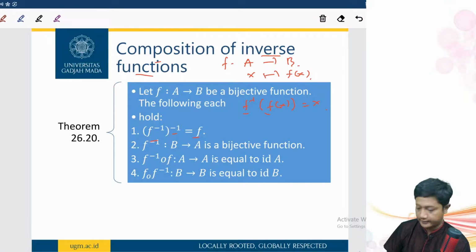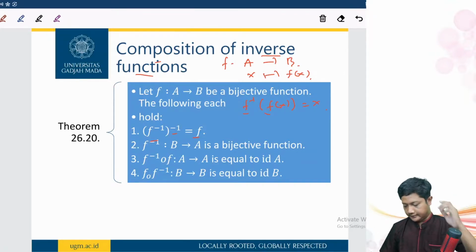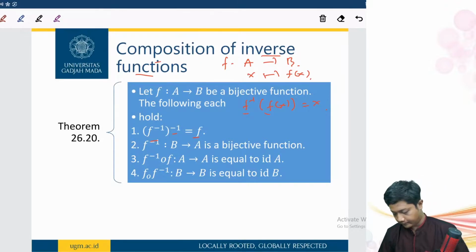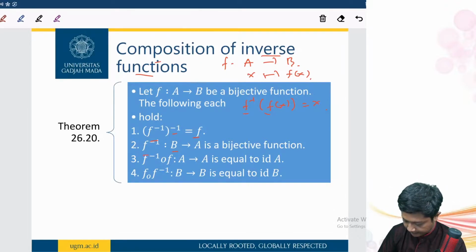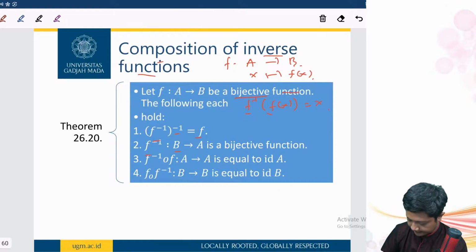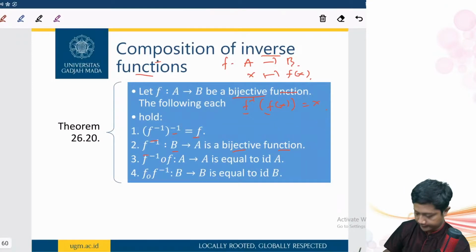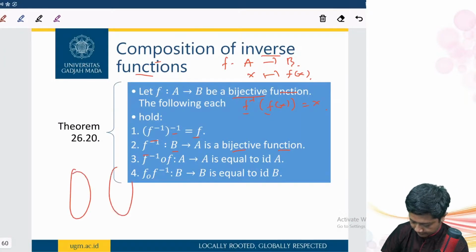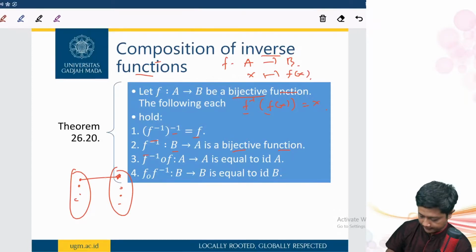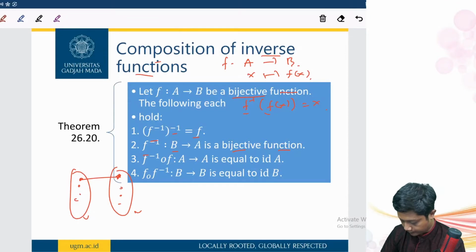So again, go back to the definition of the equality of two functions. Okay, and then the inverse, if it is a bijection, it's clear the inverse is a bijection also, because of the one-to-one correspondence. If you draw a diagram, it should be more clear, because you have one here and you have a unique one, then you go back, then you also have a unique one, and you have no hole here, no hole here. So the inverse is also a bijection.